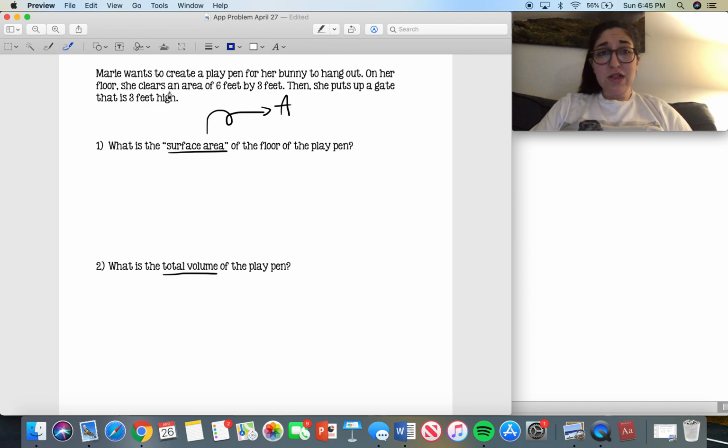So on her floor, she clears an area. I see the word area, right? So I'm thinking that that has something to do with this, of 6 feet by 3 feet. So if you remember area, we talked about it a little bit in 5th grade, and I know you do it in 4th grade as well. Area is the length times the width, right? So in this case, if it's 6 feet by 3 feet, then the area is going to be